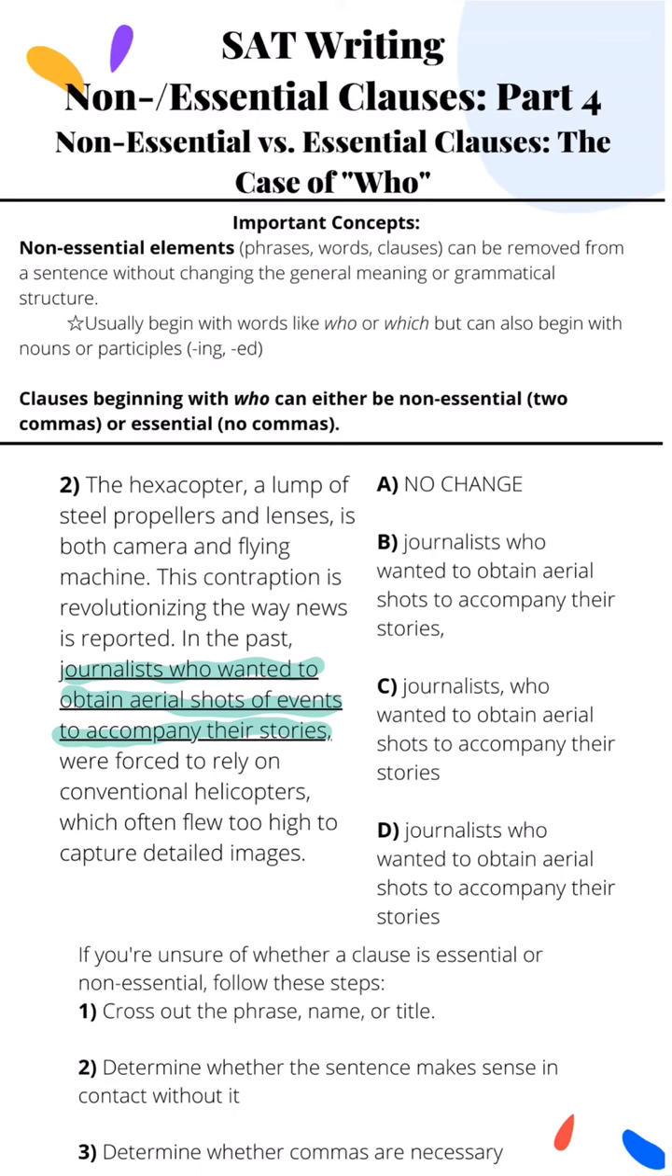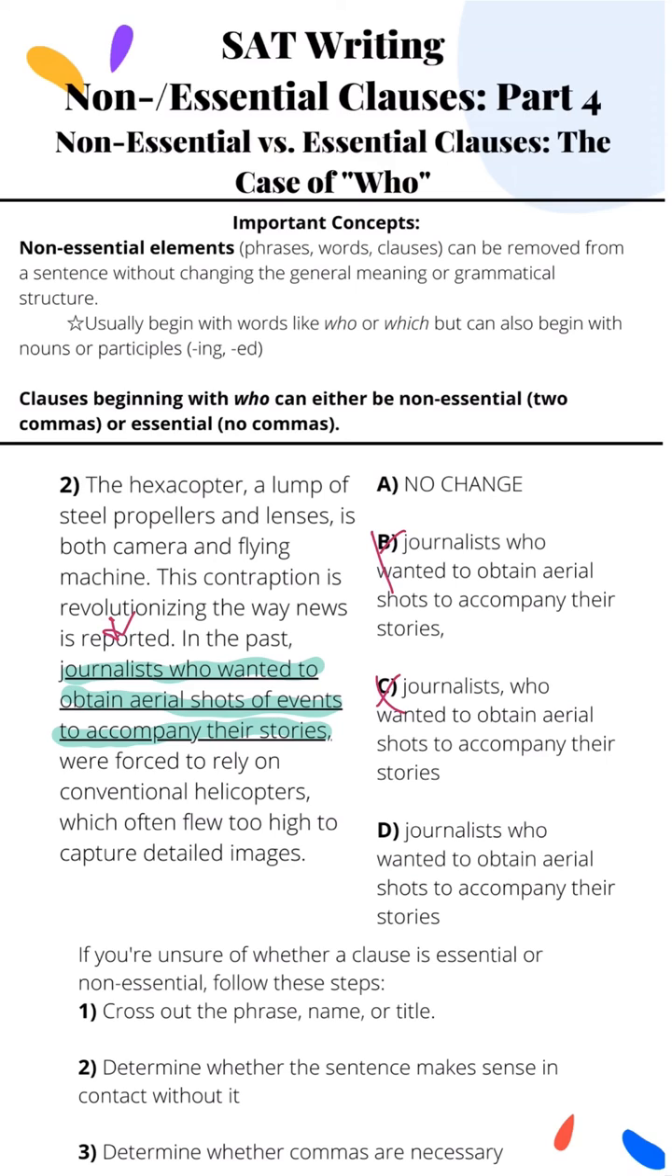So, like we agreed before, we can either have two commas for a non-essential phrase, or no commas at all for an essential phrase. So we can quickly eliminate both B and C, because those choices only have one comma. So our current underlined portion implies that this phrase is non-essential, but when we read it, we see that it